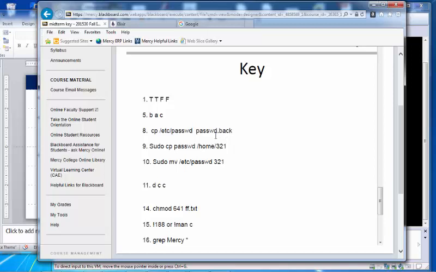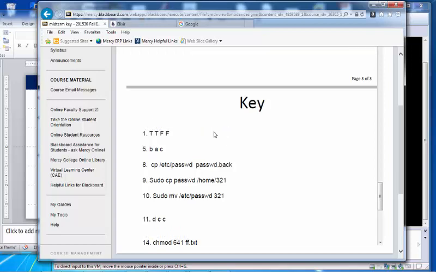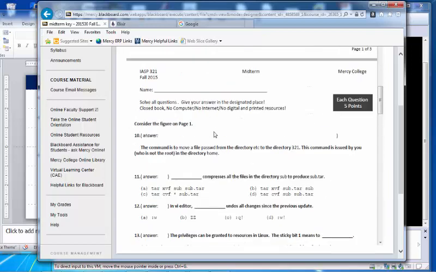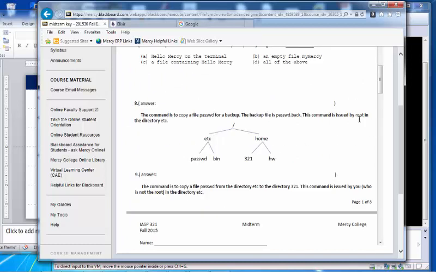If I ask you, for example, extending the question, where that file is located, then that file is located in the etc directory. Why? Because it says the command is issued in the directory etc. So etc has another file called passwd.backup. Right?